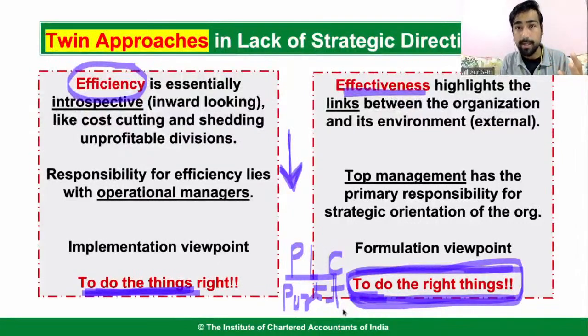What you'll do is, you might do innovation, you might do product development, you might do market penetration. Depends. To do the things right, that depends. To do the right thing is first you need to find identification. Analysis karoge, right? If your industry is growing and your business is making losses, you say कि नहीं retrenchment कर दो, liquidation कर दो, बेच दो अपना business. What kind of efficiency is this?